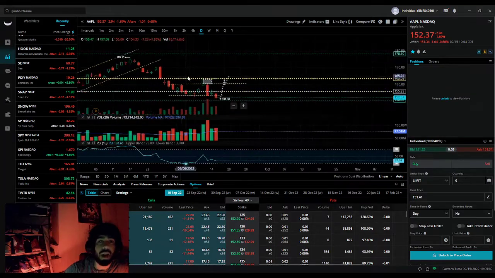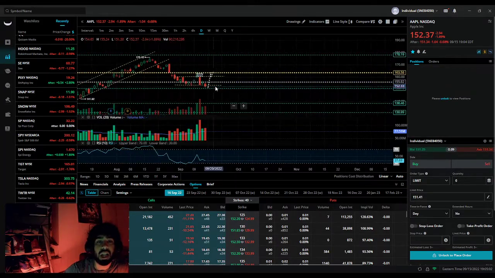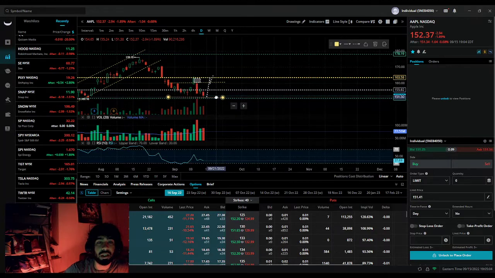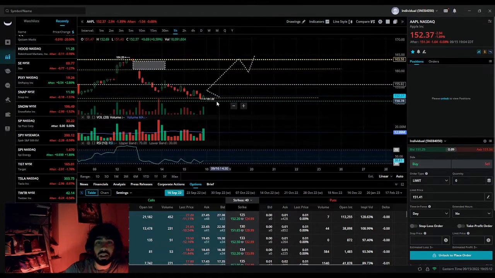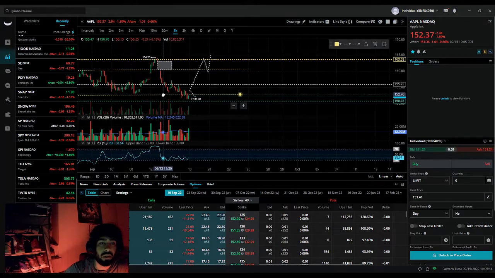Right now we haven't seen a move, it's been just consolidating. If I even expand the line just a little bit, you can see that it's just ranging, just going up or down. It's not making a move at the moment. Let's break it down again. Hourly, move this a little up.